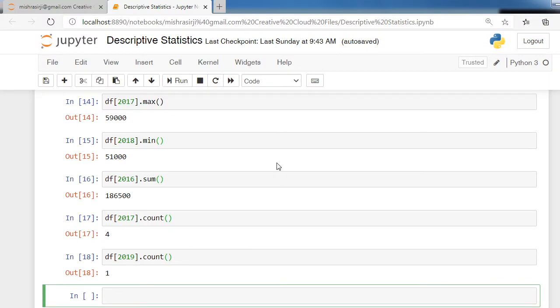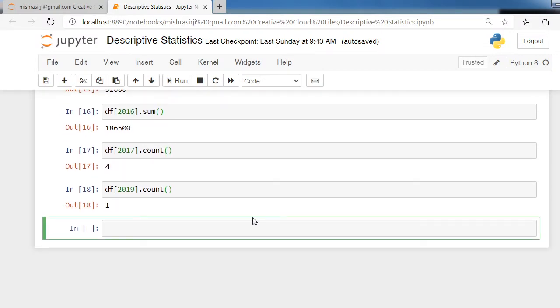Now see how to apply any function on a number of columns. So I am writing df 2016 comma 2017 dot max.